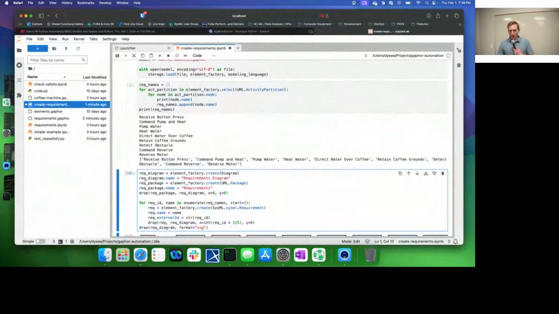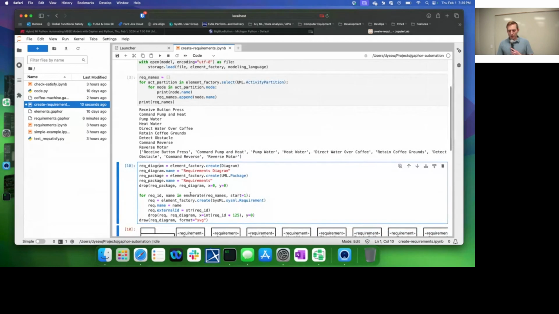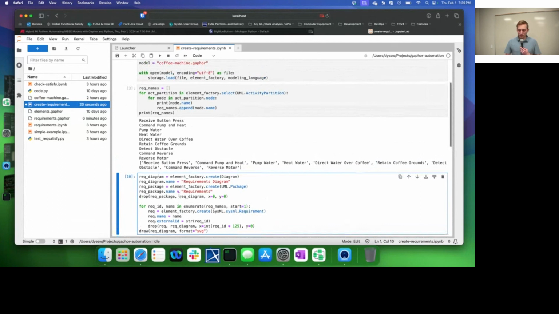And then we can give it a name. So we call requirement diagram.name, requirements diagram. We can create a package, which is like a folder in SysML, so we can create a folder for our requirements to go into and name it requirements. And then this drop function we provide allows you to drop that stuff onto the diagram programmatically. So we have this requirements package and we drop it on the requirements diagram. And then for the next step, we